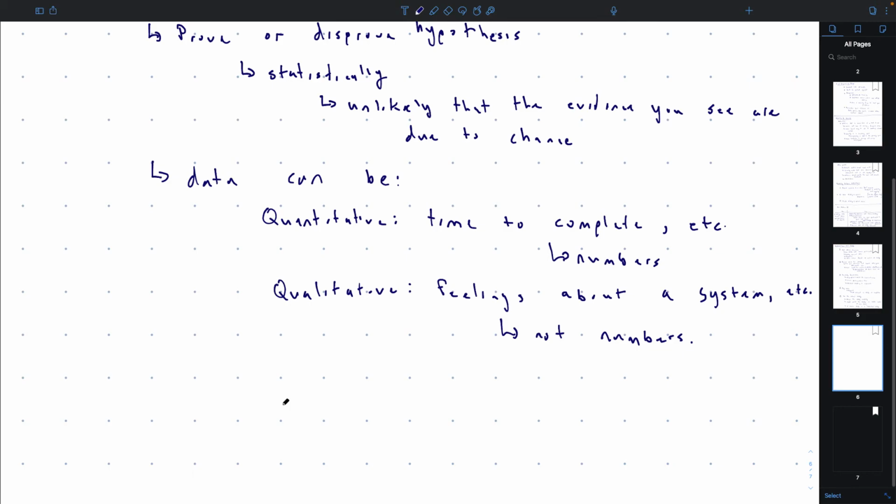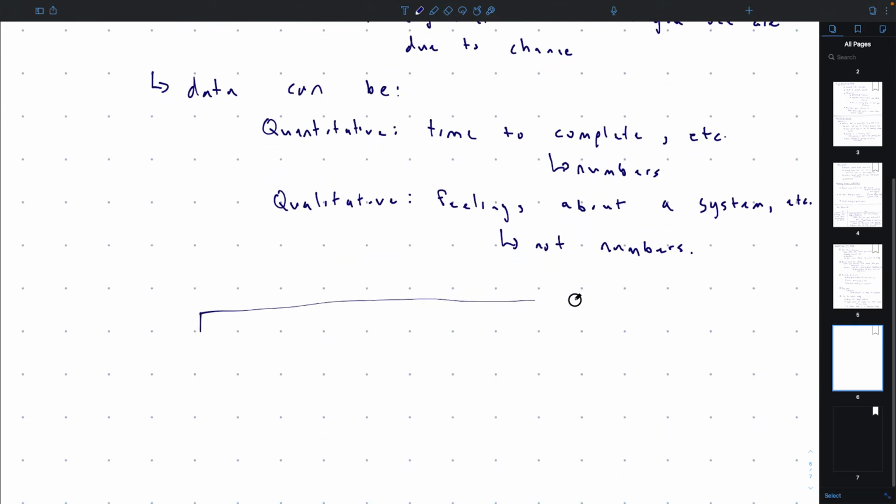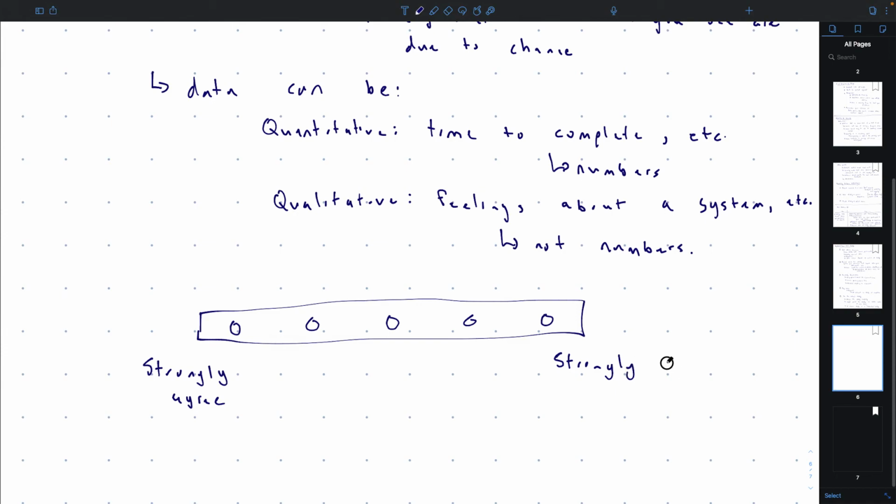So all of us have done this thing of making qualitative data quantitative, okay? And it always looks the same, right? You get some questionnaire and there's some grid with a bunch of dots like this, and you're like, here's a statement. Do you strongly agree, somewhat agree, neutral, somewhat disagree, strongly disagree, right? We've all seen this before, right?